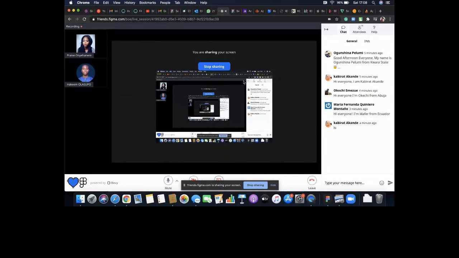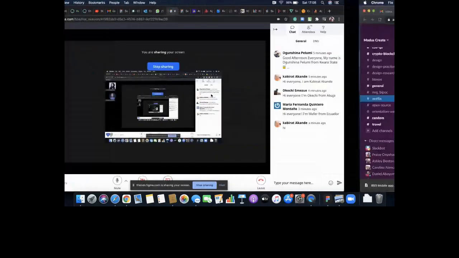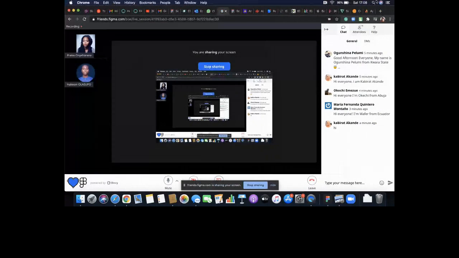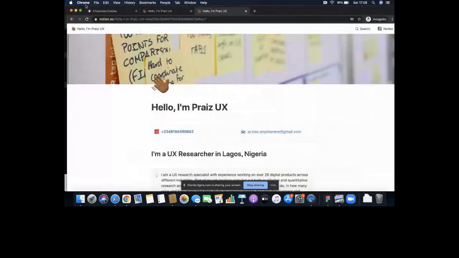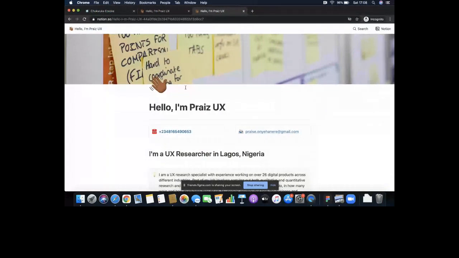So today I'm going to be talking about how you can create a portfolio in Notion. This is my current UX research portfolio. I have two portfolios, first of all. When I want to show my skills as a UX researcher,